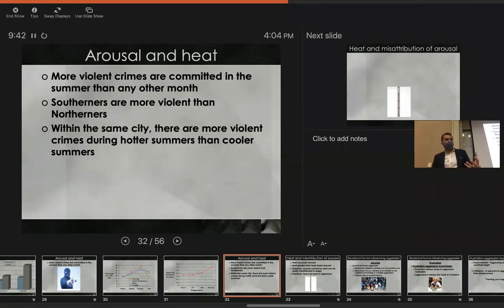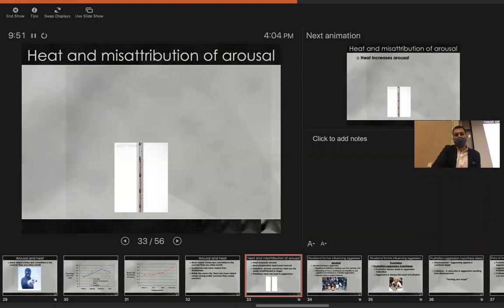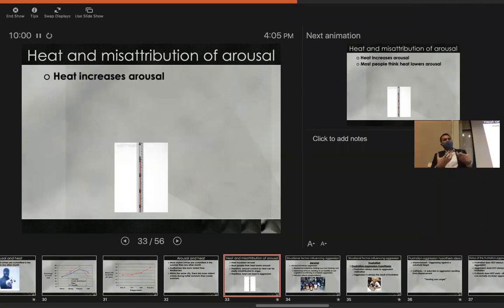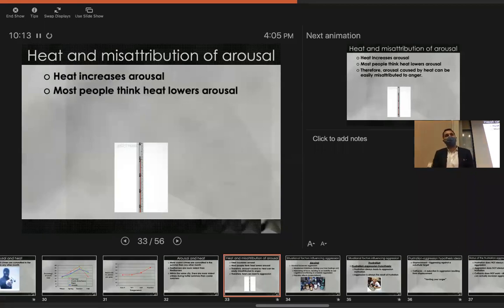And people who are in hot rooms tend to respond with more aggression than people who are in cool rooms. And so this is all leading up to this idea that temperature increases arousal. And the reason it does so is because of the same concept of misattribution of arousal. The idea is this: heat tends to increase our physiological arousal levels. So it produces the same set of physiological responses as we've seen before by exercise and things like that.